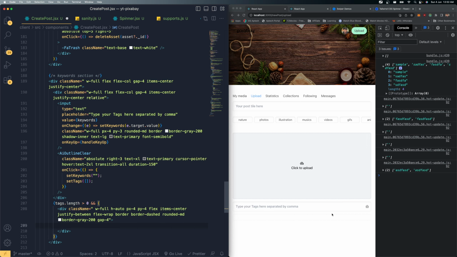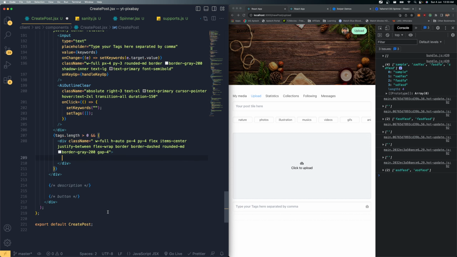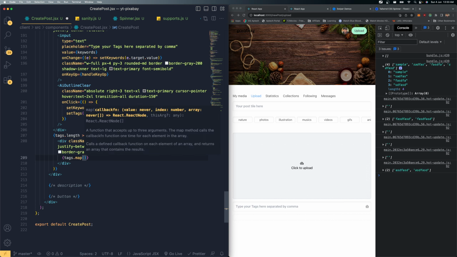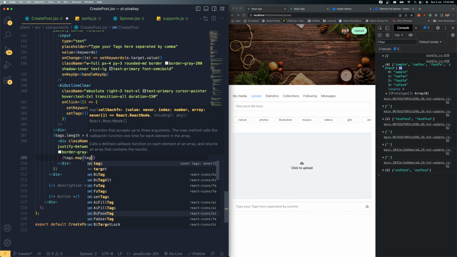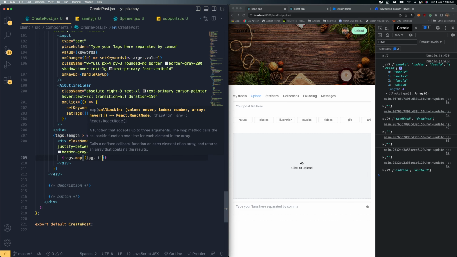Enter, and now you can see we have the tags. That's the reason it's showing over here. Then here, if the tags dot map, then we need to get that tag and along with that index also. So we need to maintain the unique, right? So that's the reason. So tag,